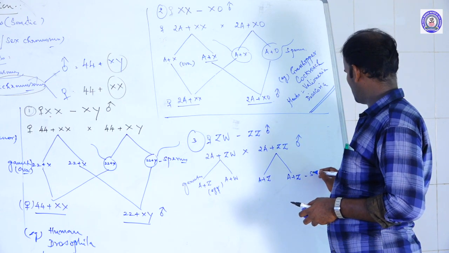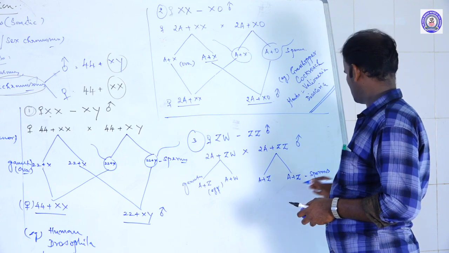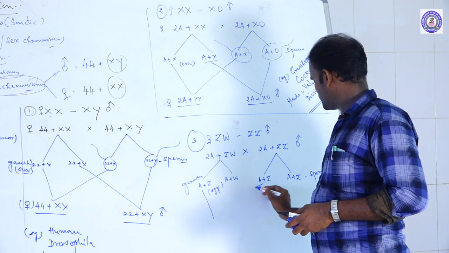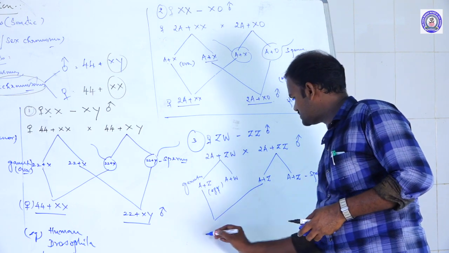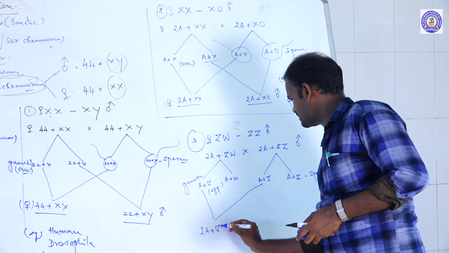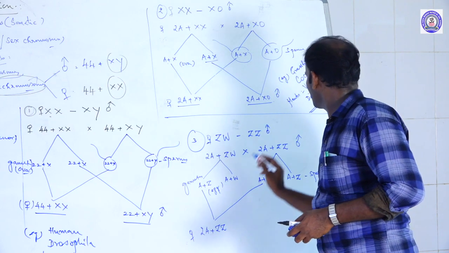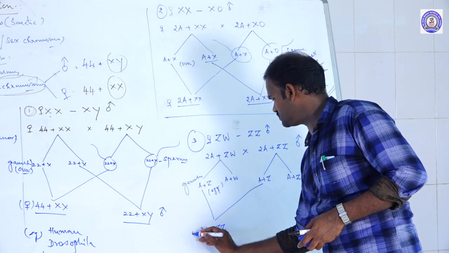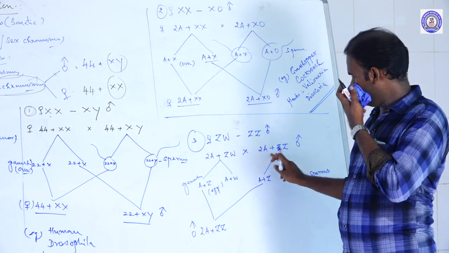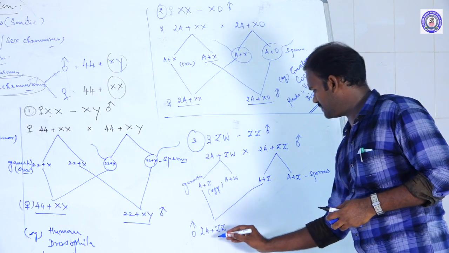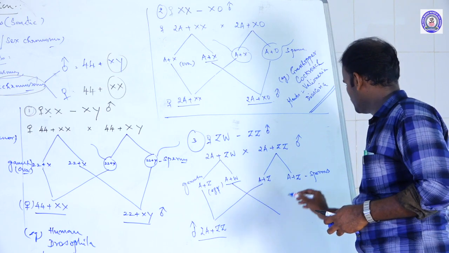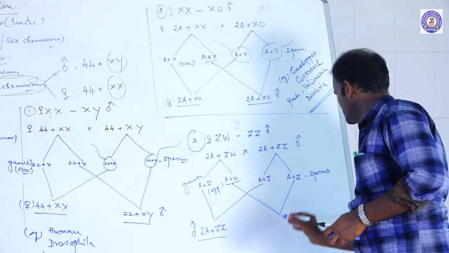Homogametic, it is a sperm. And during fertilization, the egg fused with the sperm A plus A, 2A plus Z plus Z. Actually, it is a male. The sex of the offsprings are male. Male offsprings, 2A plus Z. Offsprings are male. Then these eggs are fused with the sperm A plus A, 2A